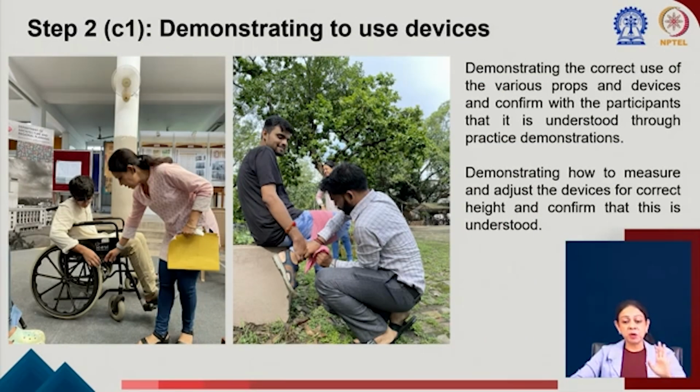Then demonstrate how to use the devices, explain them, because they are new there. Explain how to use the devices. So as you can see, this boy is being explained how to stop the wheelchair, how to operate the wheel, the stop wheel, and this boy is being told how to. My assistant is helping him to tie the bandage so that his leg can be folded, so that he exactly gets the feeling. So demonstrate